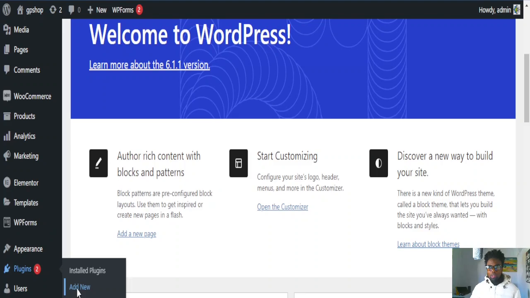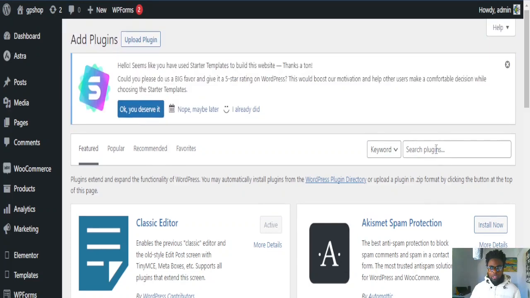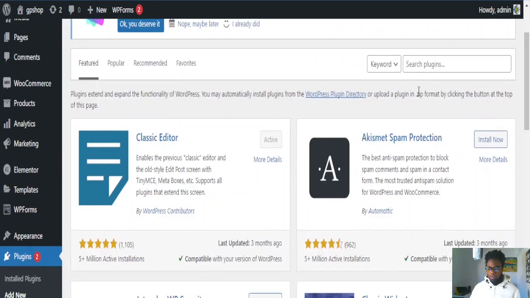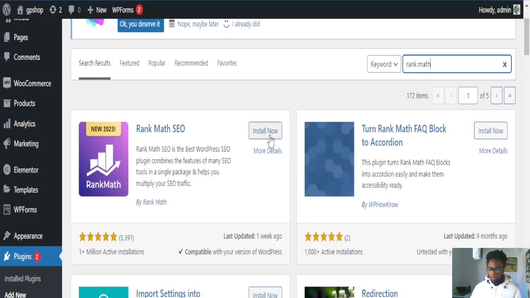We're going to be using the Rank Math SEO plugin so that from there you can get your sitemap. So you want to check for Rank Math. By the way, you can use any SEO plugin that you like. It is just to get you the sitemap of your website. So for example, let's use Rank Math SEO. When you download it and you activate it,